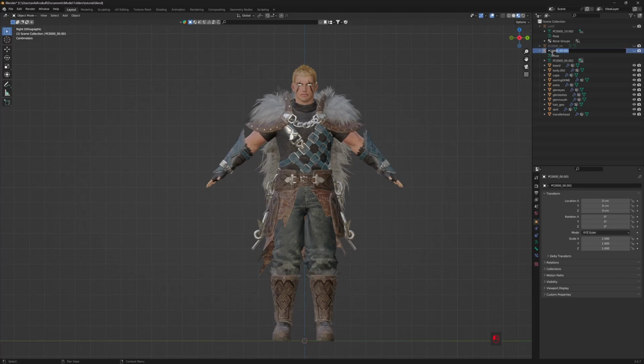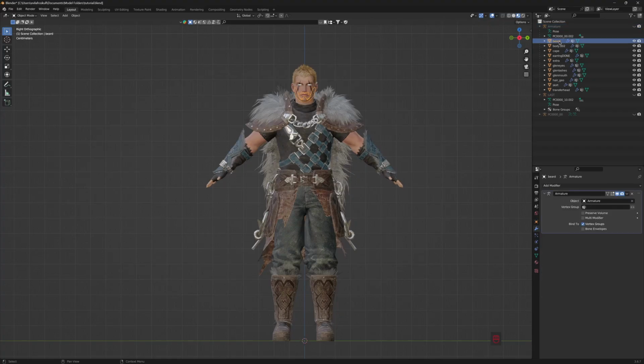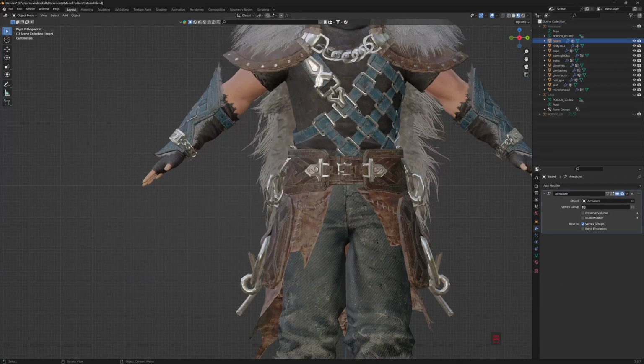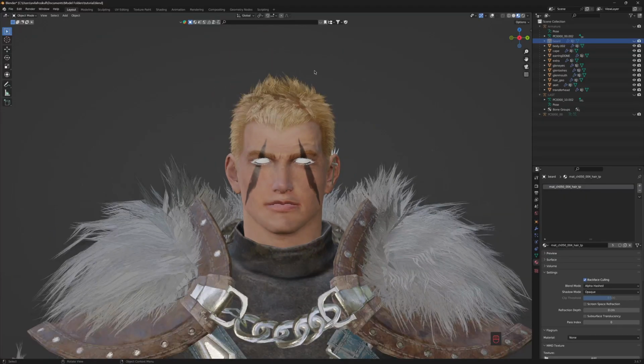So first I'm just going to rename this to armature. Reason being is that Unreal Engine will only read an armature that's called armature. So make sure that's named armature. This name doesn't really matter, it'll matter later when we export, but not right now. And we're gonna go ahead and check a couple of things. Well, something we have to check is to make sure our backface culling